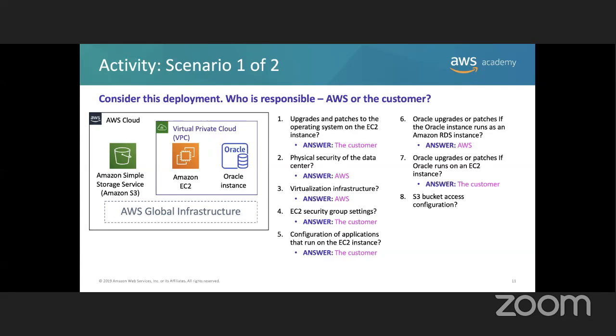Okay, same thing here. S3 bucket access configuration. Customer. Correct. You are the one that has to create the bucket. You are the one that has to upload the files.